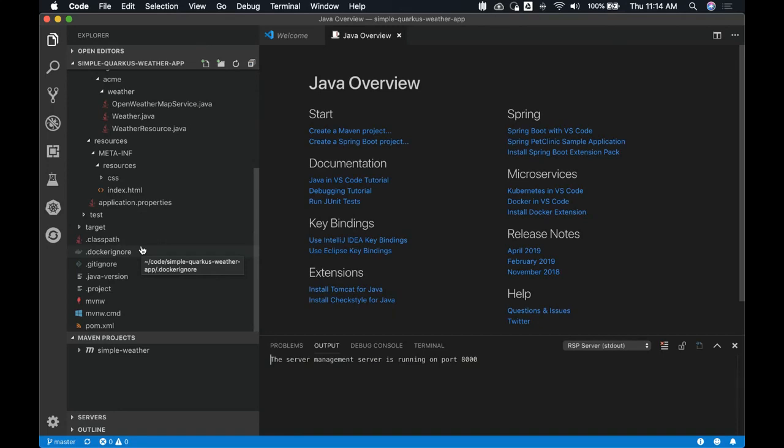This is running on my laptop. I can either start the server by going through the UI, or in the terminal, I can start it manually. I can just type mvnw, that's the command for starting Maven, and then quarkus:dev.